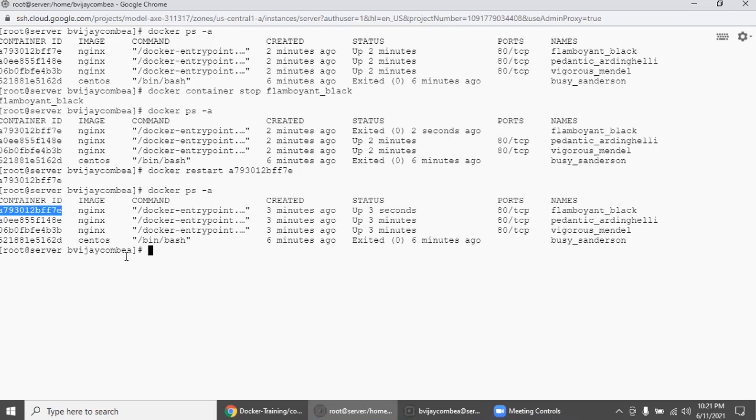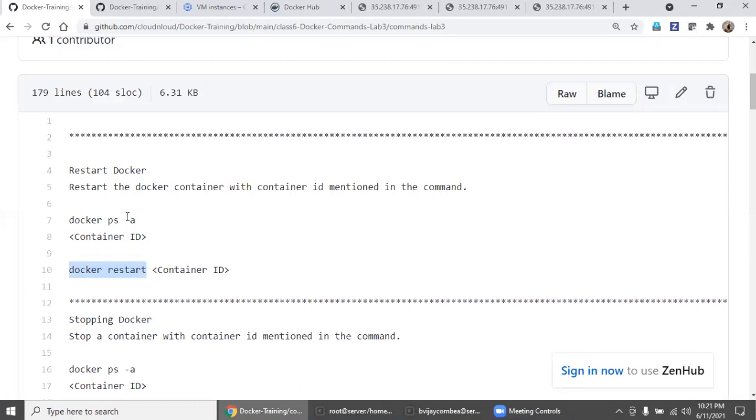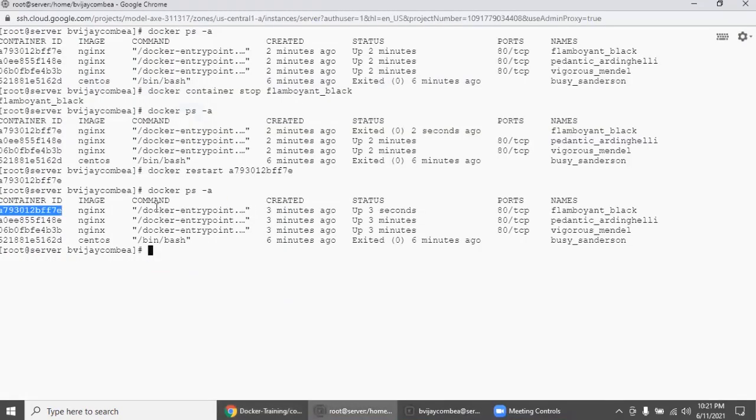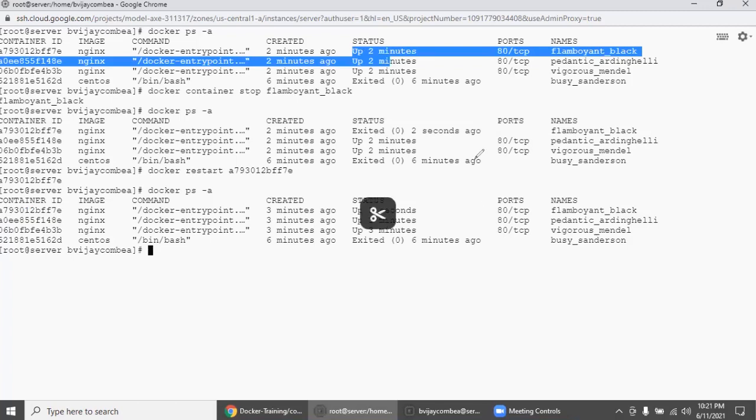Before you understand this, first make sure some containers are running and some are in stopped state, especially Nginx or HTTP, some application related containers, some service related containers, correct? Then use this command, try to restart it, and compare your output.